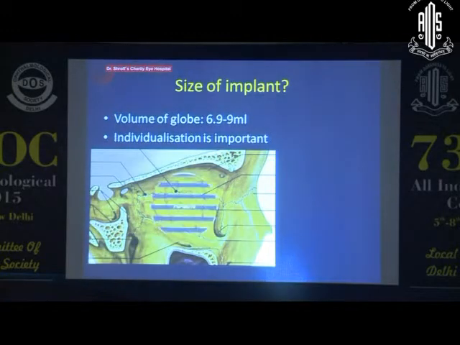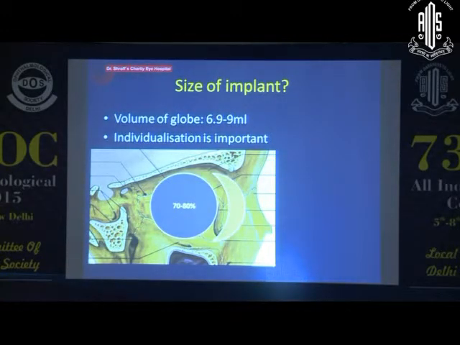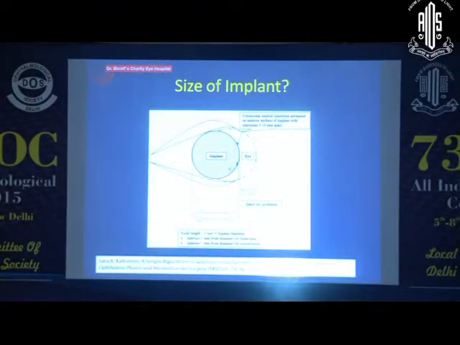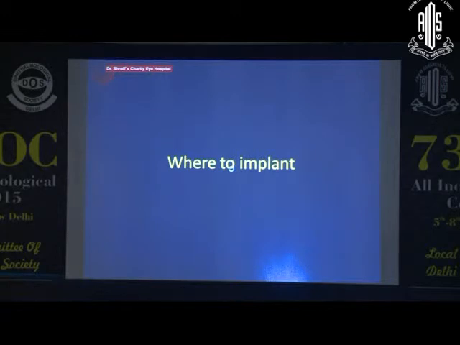So size of the implant is another issue, because the implant should actually replace about 70 to 80% of the orbital volume, so that the prosthesis does not become too heavy, which can cause laxity of the lower lid over a period of time. A lot of work has been done by the Sarah Culfredo group in this regard, who have given us the algorithm that when you are putting an implant, it needs to be about the axial length of the normal eye minus 2 millimeter, and if you are doing an evisceration, 1 more millimeter needs to be subtracted from that dimension. Otherwise, practically we go by the algorithm that we try to put the maximum possible size of the implant which can fit in easily without any tense closure of the conjunctiva.